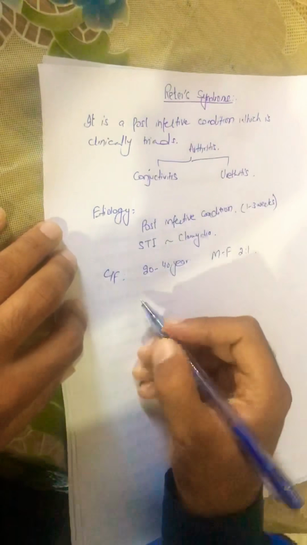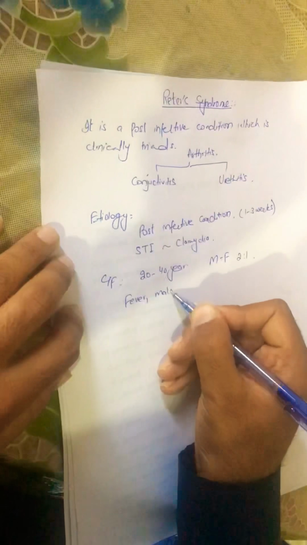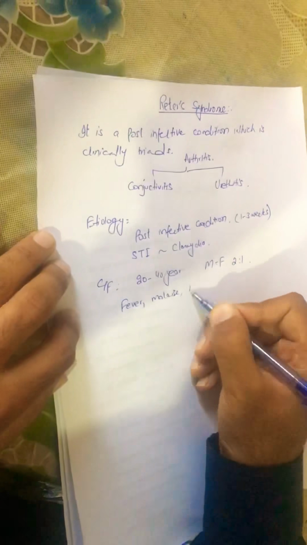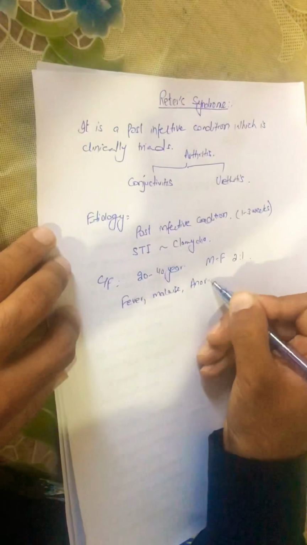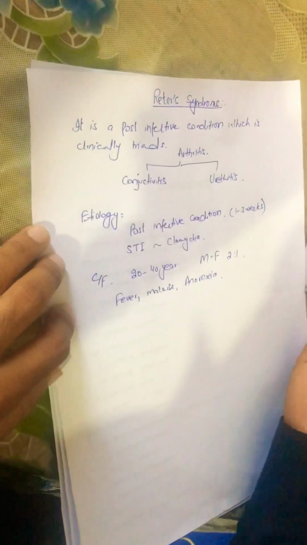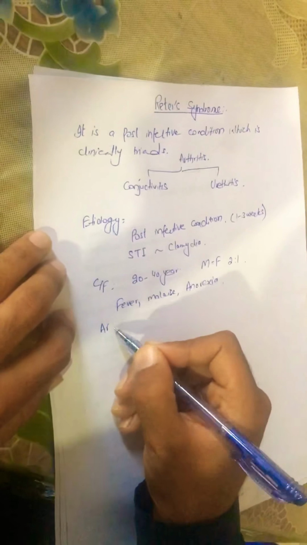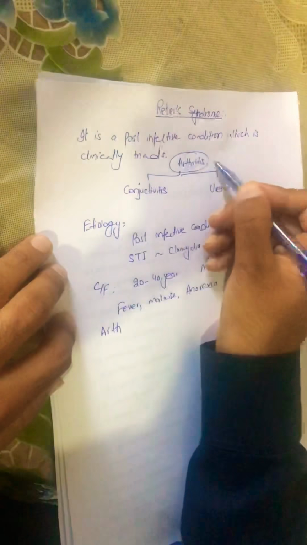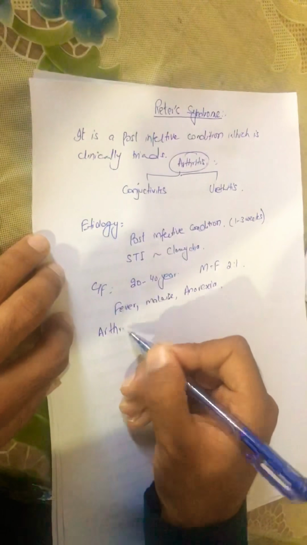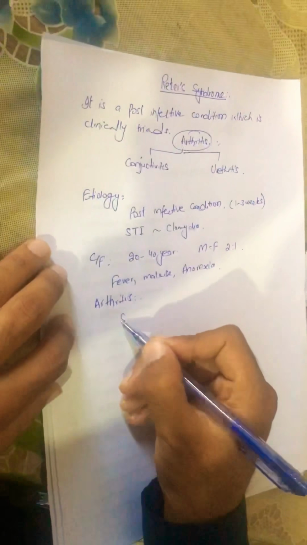So the symptoms are like fever, malaise, anorexia, and sometimes constitutional upsets. So first of all we can talk about arthritis. It's like sudden onset